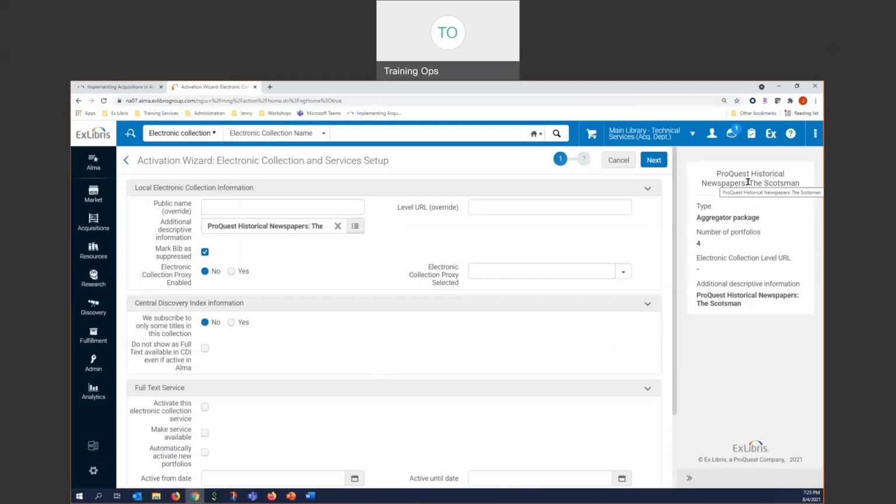Now, some people say, oh, my reference librarians want the collection name turned on. Okay, go ahead, turn it on. Then that will be discoverable when you search in Discovery. So that's completely up to you. Typically, we don't need to